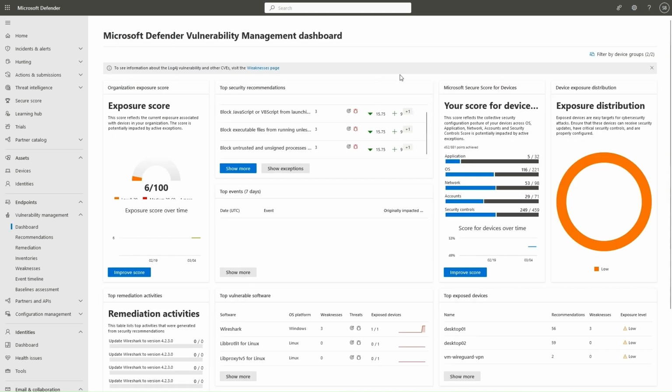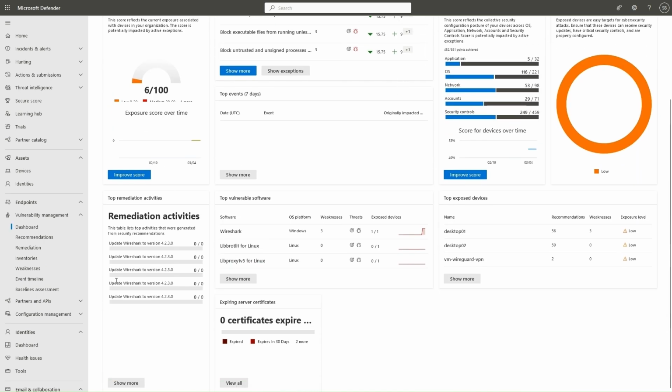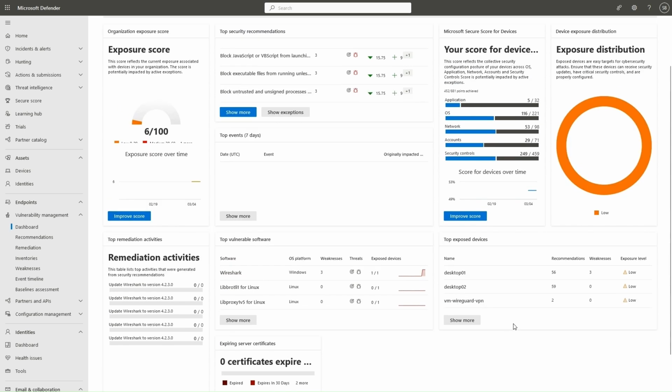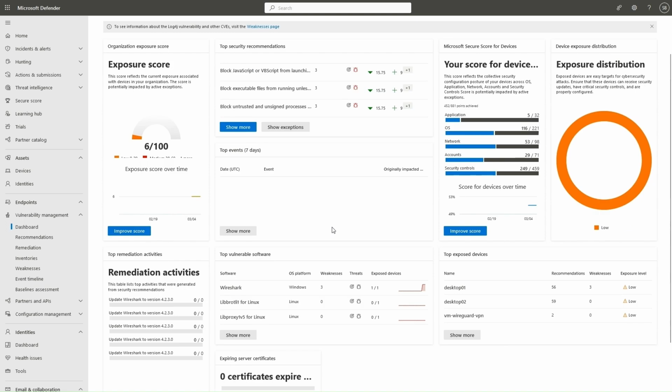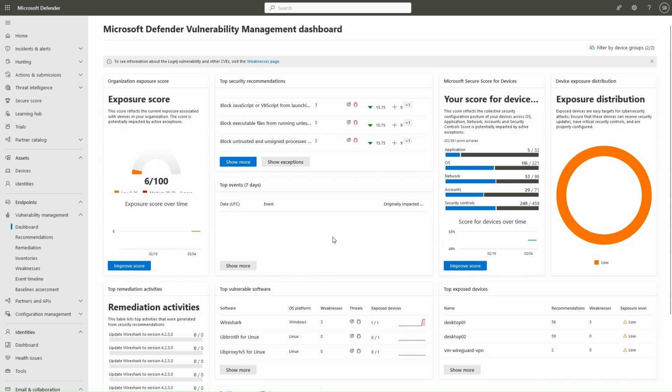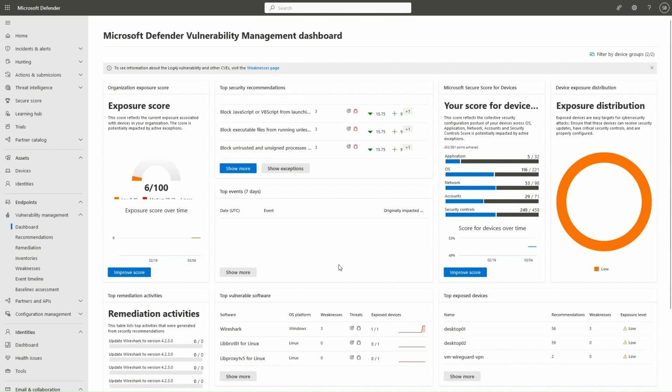Now, these consequences can be somewhat mitigated thanks to context-aware prioritization. It's essentially how Microsoft uses all of the information at its disposal to help you prioritize where to focus your attention and what security controls would best benefit your environment. Defender considers multiple points, such as the security controls you already have in place, any security alerts that you've received, whether a vulnerability has an exploit, and whether any of your current controls would mitigate that threat. It combines this environmental context with its real-world threat intelligence to help recommend the best options and where you should